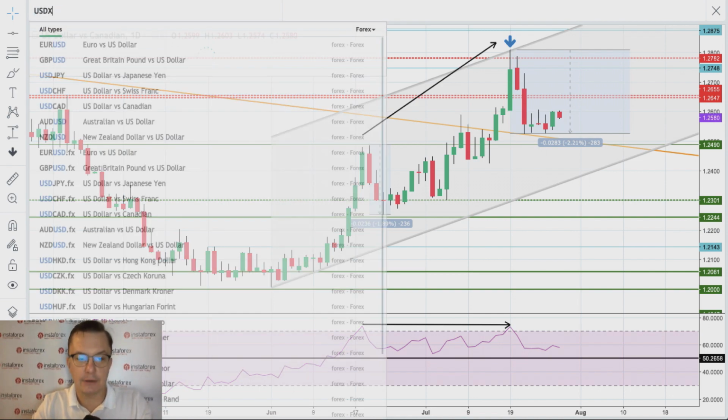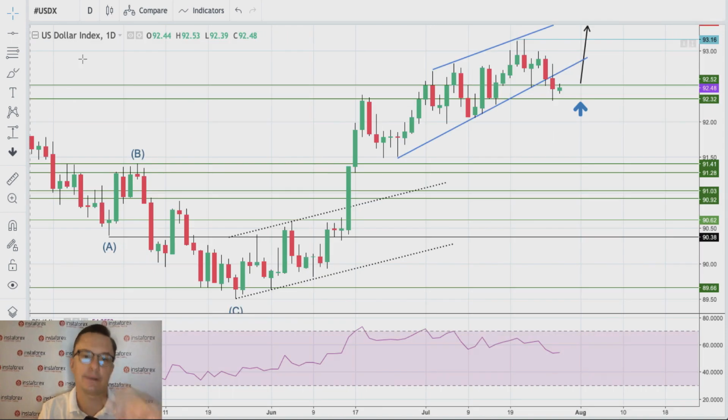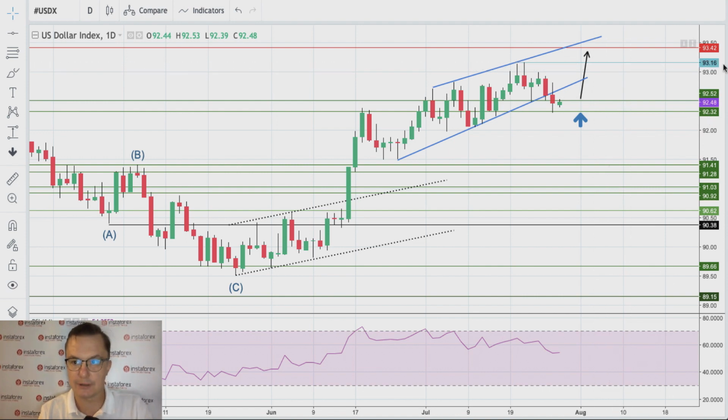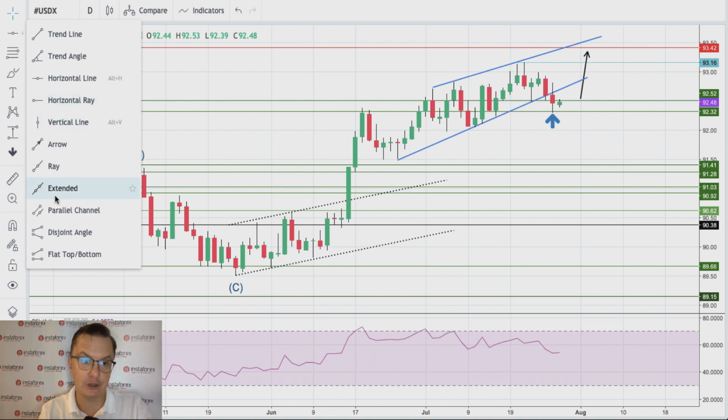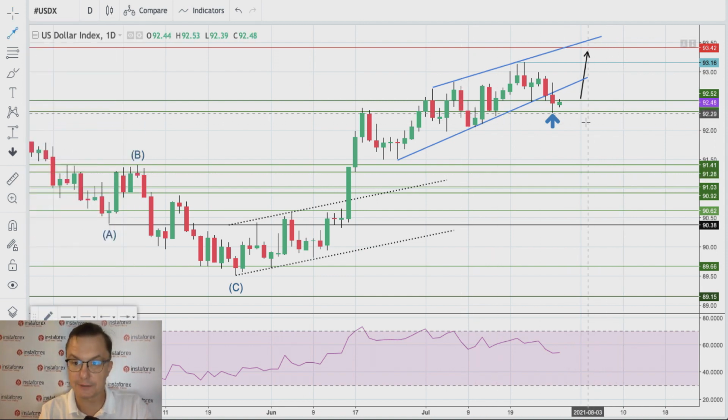So the US dollar index, how is it performing right now? We're still counting on another wave up towards 93.42, but it looks like we are breaking lower already. Of course, the FOMC might distract this current price action. So far 92.32, which is the current technical support, holds, so that's okay. But if this level is violated, then please pay attention to another lower low, because we might get as low as here,